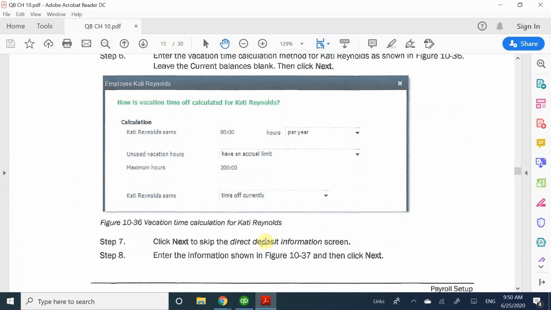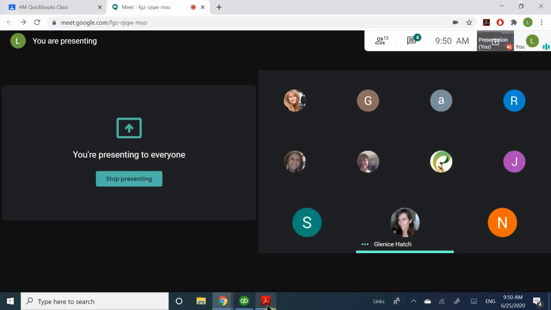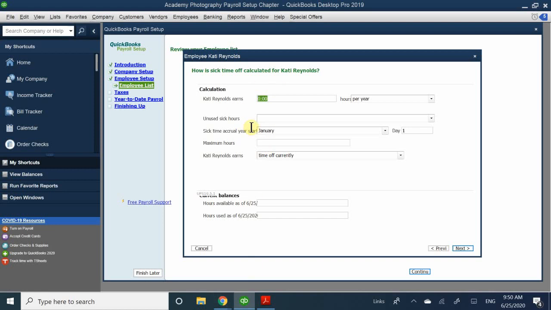Okay. And then other things, I have an accrual limit, and it's going to be 20. All right. I guess she's going to earn 80 hours per year. And is there a set amount of time increase with